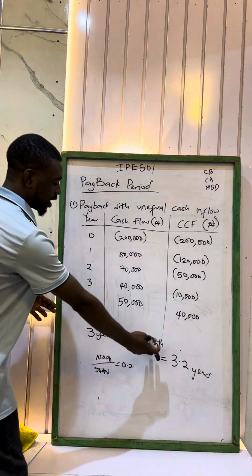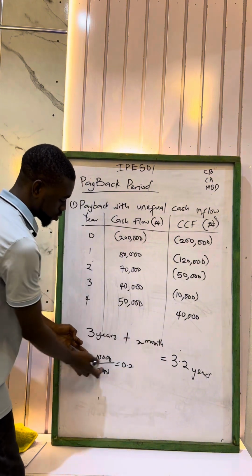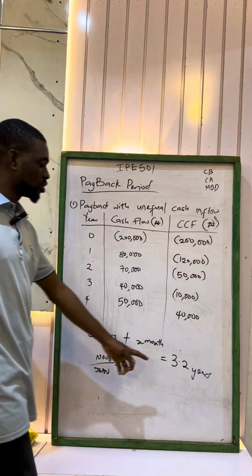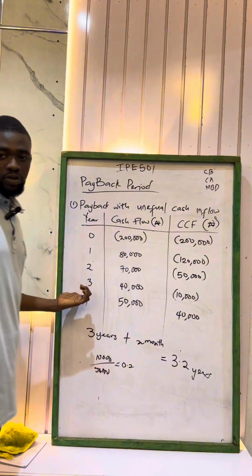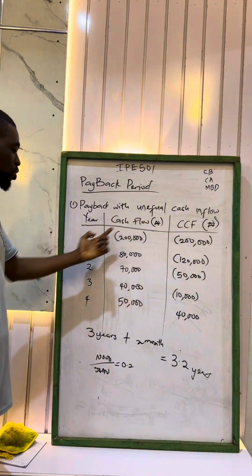So this is adding a decimal point, that is 3 years plus something more. So the month here is going to be 10,000 divided by 50 here, which is 0.2. So it's going to take 3.2 years for you to recover your capital back. So for payback period with unequal cash flow, it takes